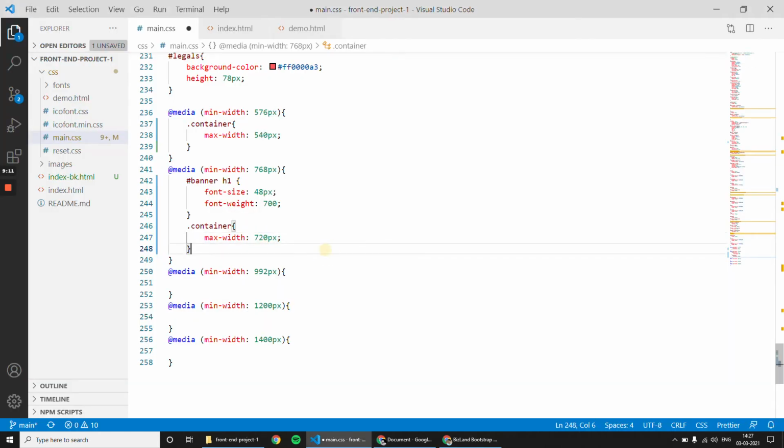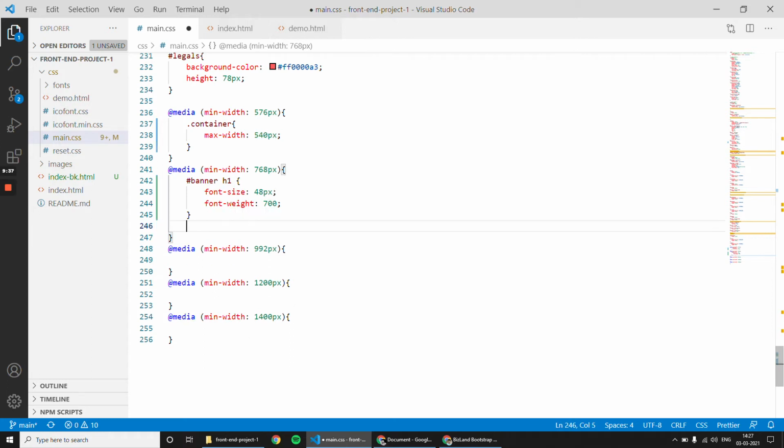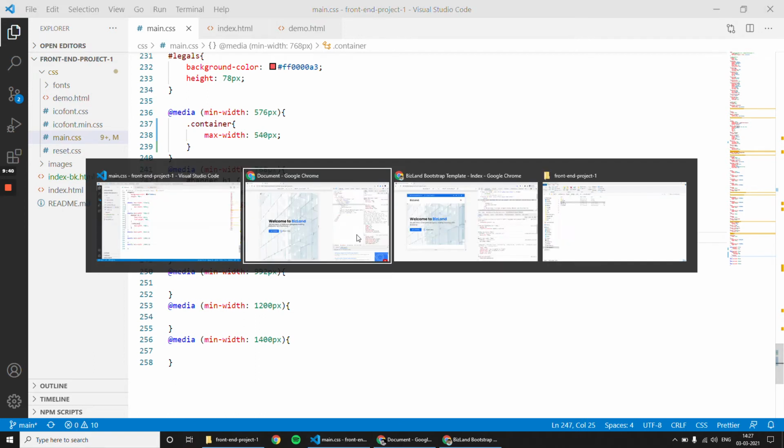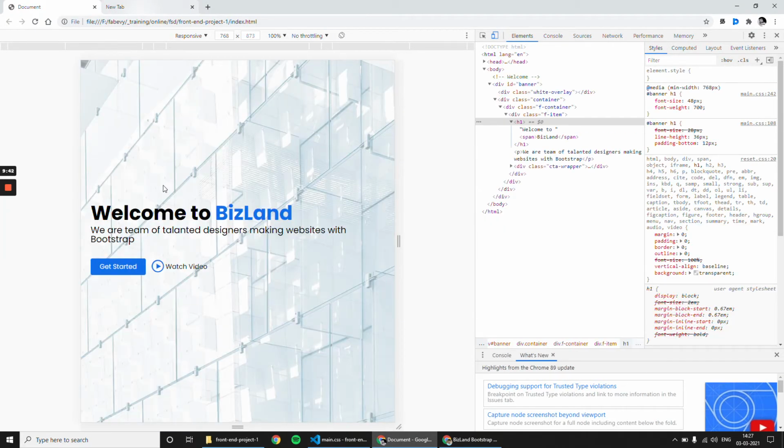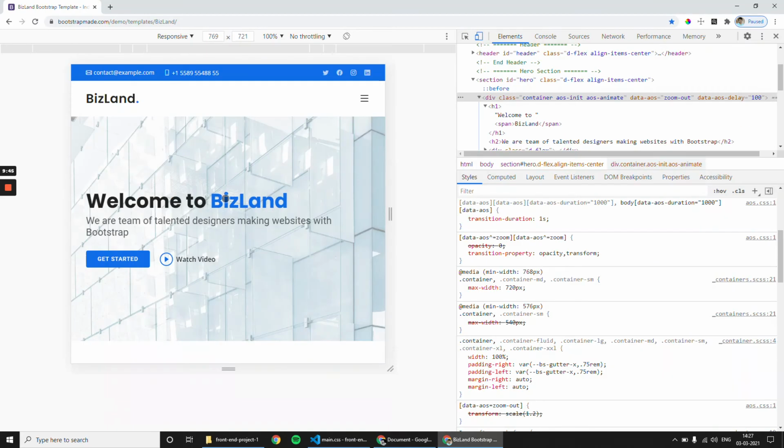Apply this. If you revisit the statement that I explained now, you will understand. The container width should be less than the breakpoint value, but it should not be very much less than the breakpoint value, because if you reduce the size further, then there will be more empty space on the left and right side. Okay, let me go back and refresh. Now you can compare these two designs, both look the same.